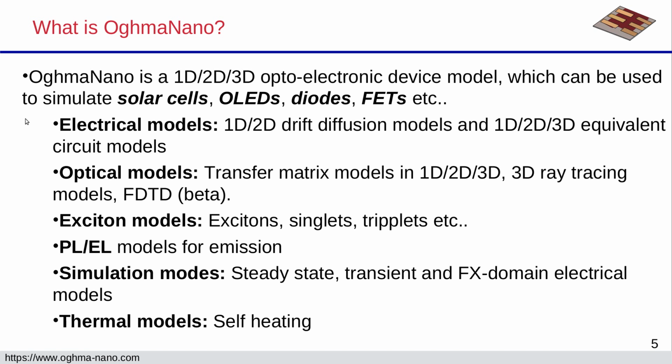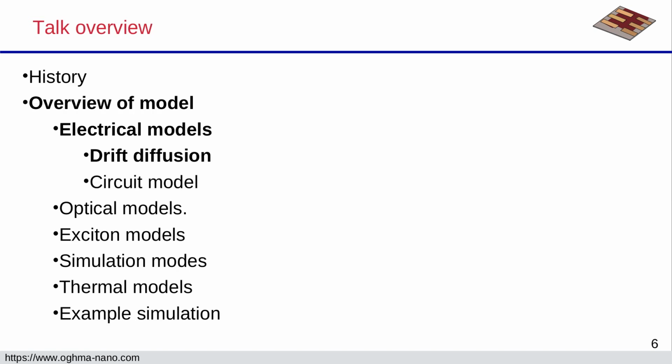It's got 3D ray tracing. It's also got some FDTD, but I'd say that's more beta at the moment, but I hope to improve that soon. It's got excitonic models, so you can model exciton populations in 3D, and we've published some work on that. It's also got singlet and triplet code in it, but I've not released that yet, though probably by the time you're watching this video, that will be out. It's got PL and EL models. It can work in steady state, frequency domain, time domain, whatever. It's also got thermal models, so it's got a 1, 2, and 3D self-heating model. So I'm just going to go through these models and talk about them in a little bit of detail